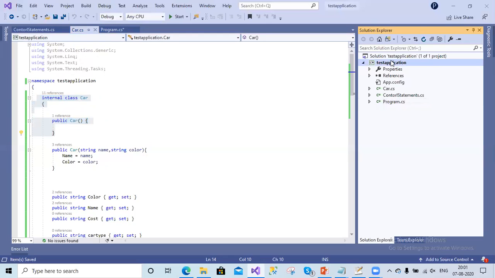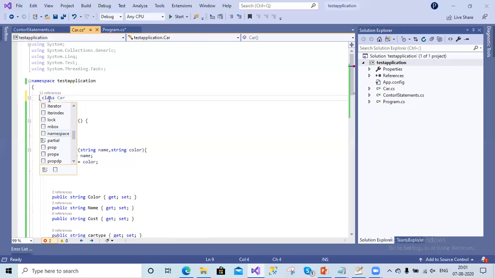And if you create one more project within this solution, and try to import this car class into that project, then you will not be able to use it because it has internal. That means it will only be applicable for this project. It will not be exposed out of this project. So if you give the public access modifier for the class, it will be publicly shown for the other projects also. So by default, a class has the internal access modifier.